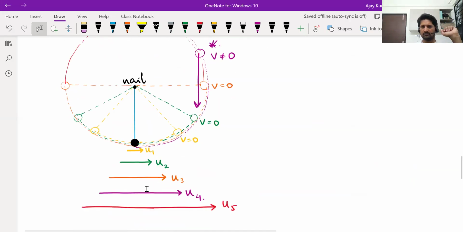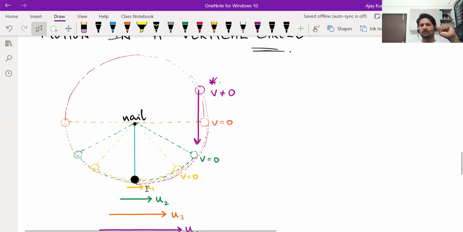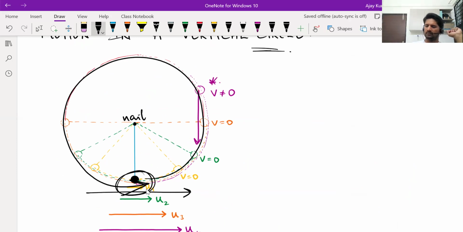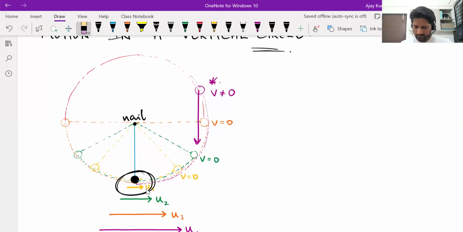Now what do we have to find out in this? First, you should be able to tell how much speed the bob should be given to reach a particular height. You should be able to calculate that. Then you should also be able to tell how much speed needs to be given to complete a circle and keep moving along the circle without falling. So these are the things that we need to do. Fine. We'll start with one